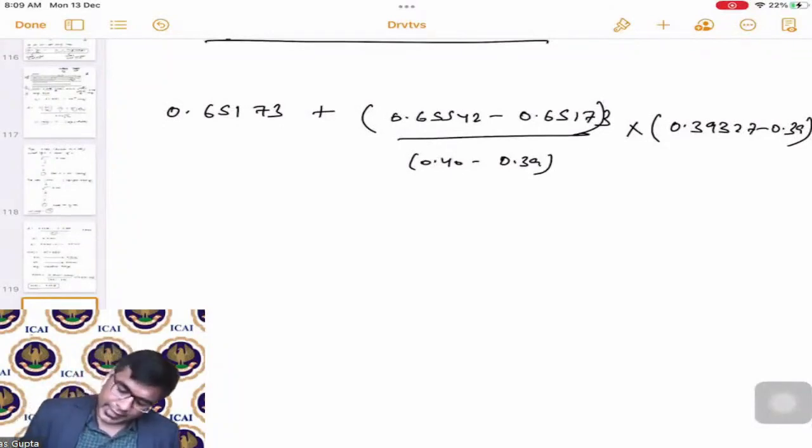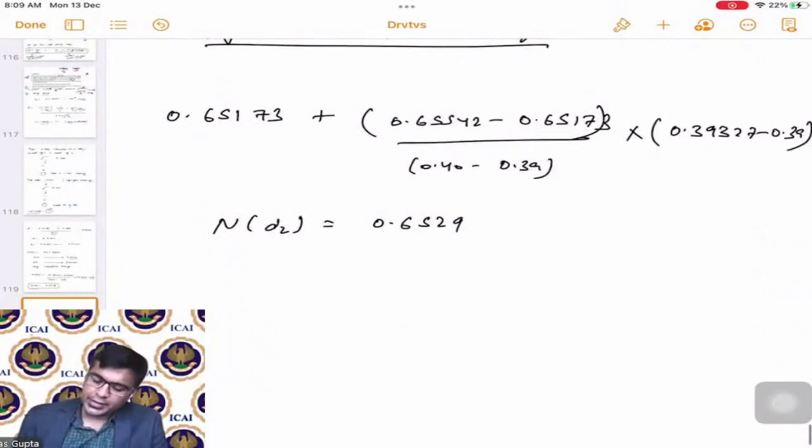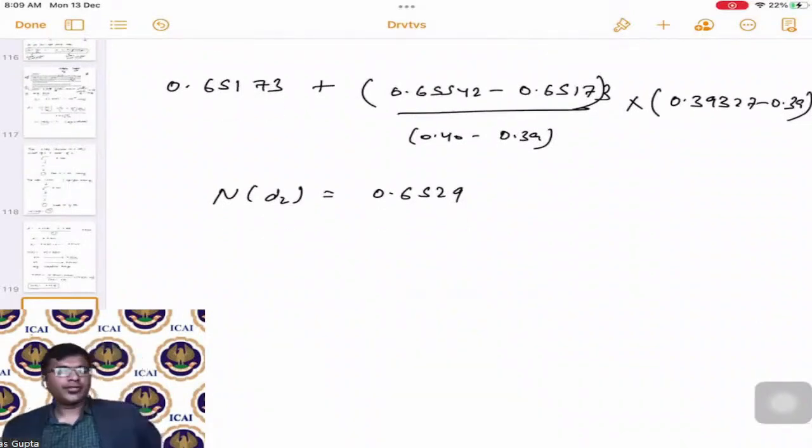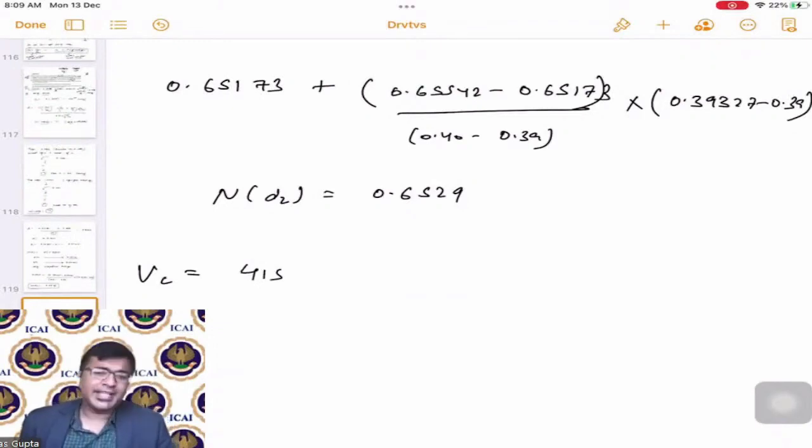So hence the ND2 is equal to 0.6529. This is what the ND2 is. ND1 we have already calculated. So now let us just apply the formula. So the value of call option is equal to 415, which is the spot price, multiplied by the ND1 value, which is 0.6928, minus